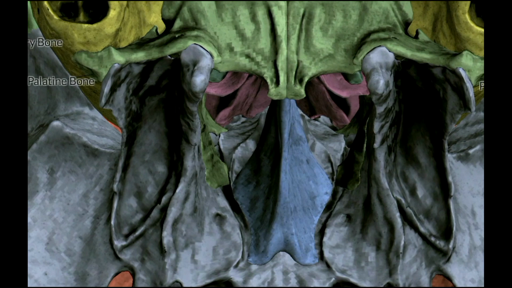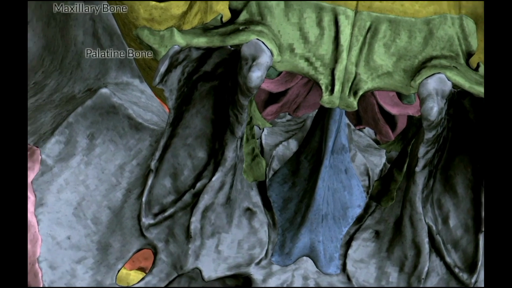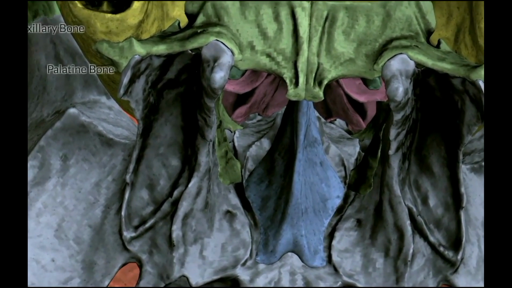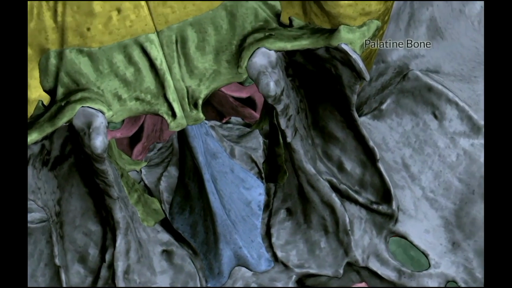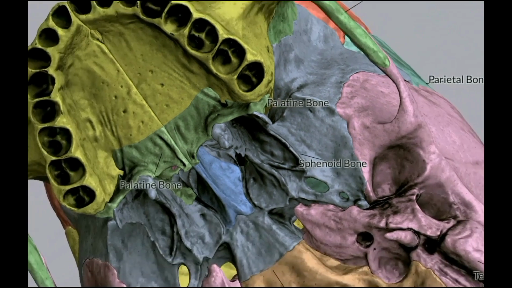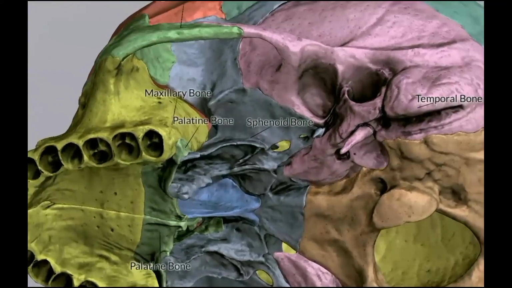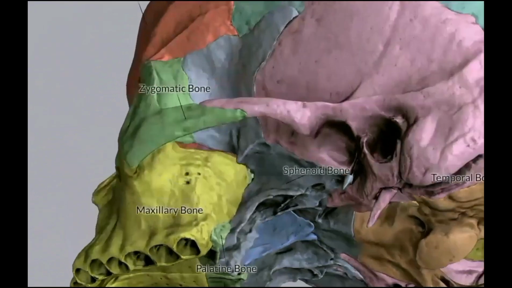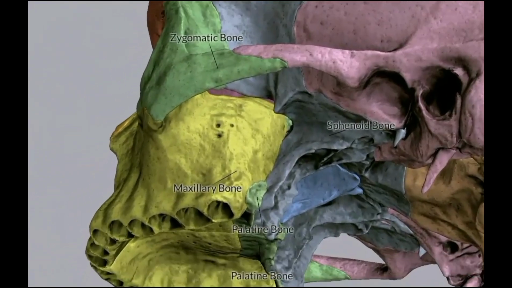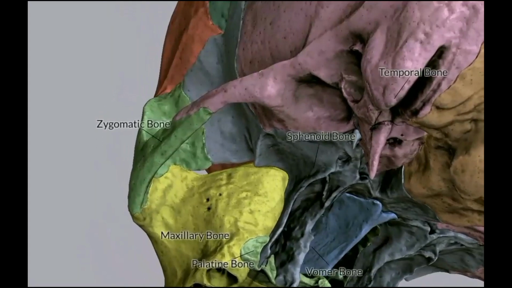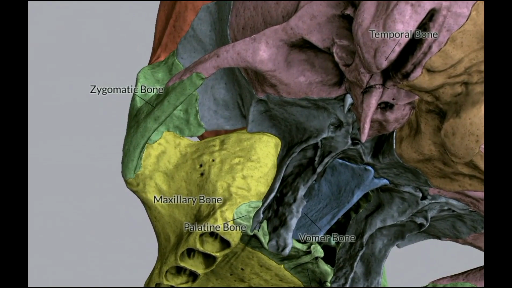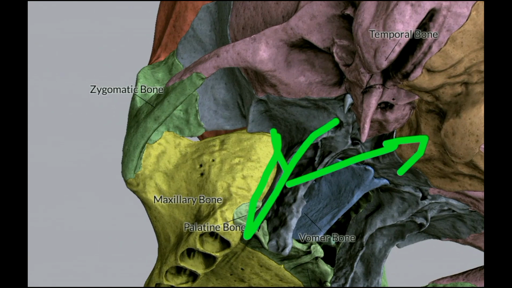Remember that the medial pterygoid plate does not give origin to any muscle called pterygoid. Only the lateral pterygoid plate gives two muscles, medial and lateral pterygoid. So both the pterygoid muscles come from the lateral pterygoid plate. And you have seen in norma lateralis how the lateral surface of the lateral pterygoid plate forms the medial boundary of the infratemporal fossa, and where both medial and lateral pterygoid plates meet, that forms the posterior boundary of the pterygopalatine fossa.